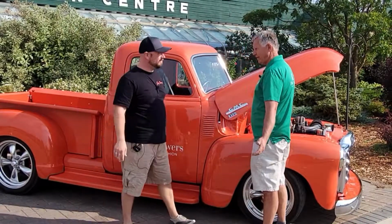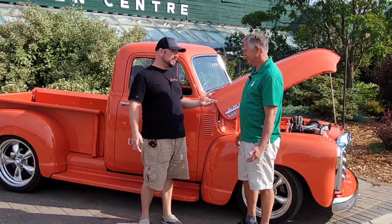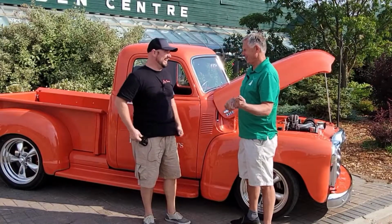The hood and the front fenders are still original. Now, the box was pretty tortured. I mean, you guys did a lot of work in this truck. When I was a kid, I used to shovel dirt into the truck and bang my shovel on the box and shovel the dirt out of the box. So yeah,